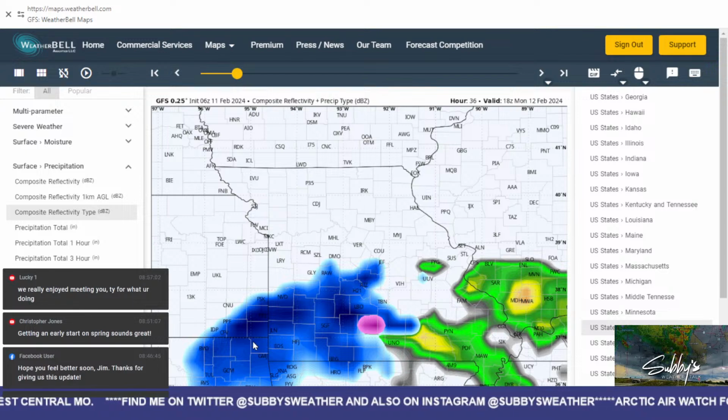So the American model is showing some snow bands in southern Vernon County, St. Clair County, Benton County. This is the latest run of the American model, and it was put out a few hours ago, so it's not updated quite as frequently. And when I see this, and then I see the short-term model shown a little bit further south, that gives me kind of an idea that the trending of this low pressure system is a little bit further to the